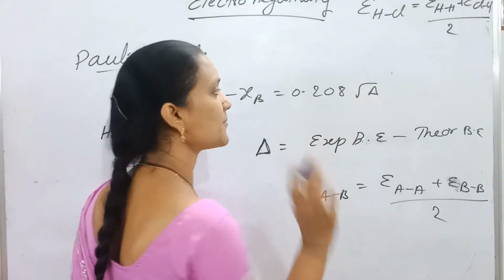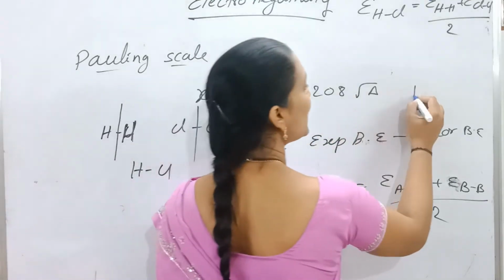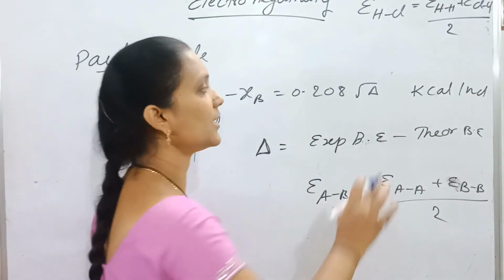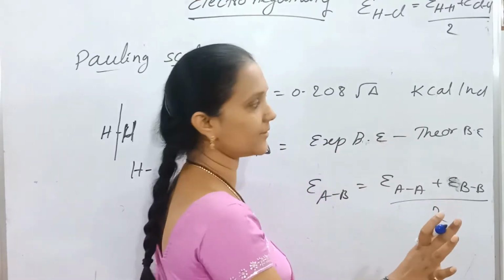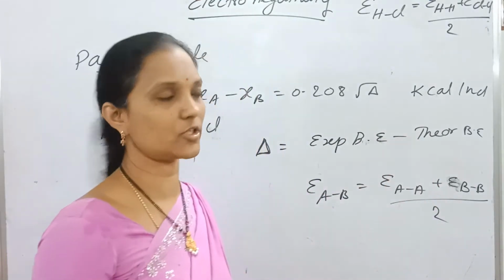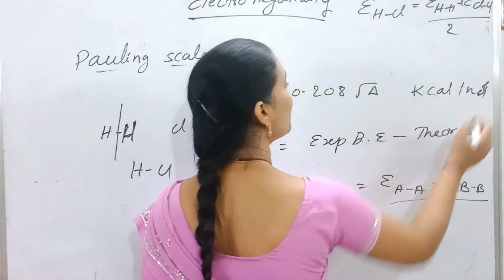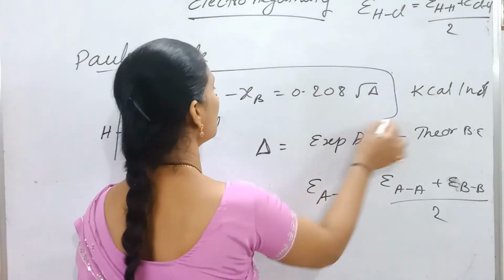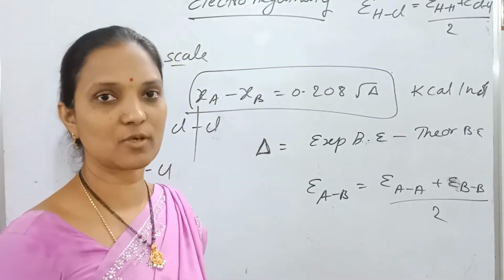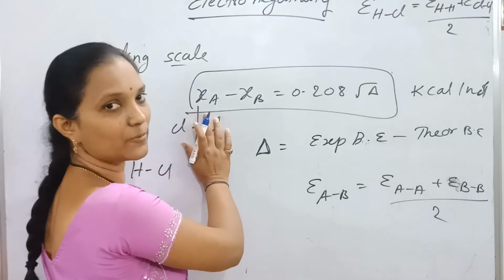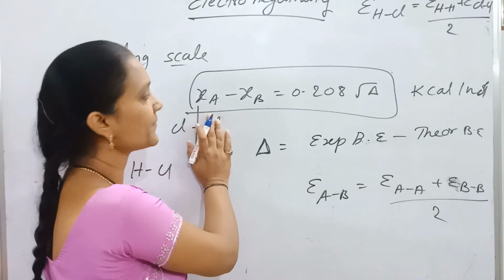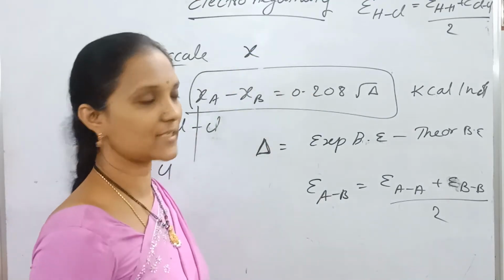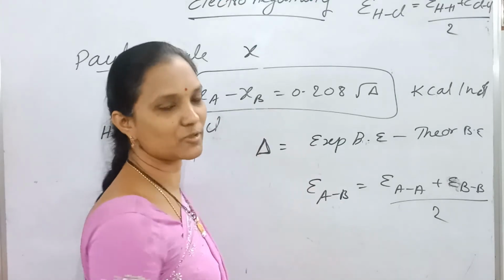This delta we have to substitute here. Delta has units of bond energy, which are energy units: kilocalories, kilojoules. If delta is given in kilocalorie per mole, then we have to use this formula: chi A minus chi B. We pronounce it like X, but it is actually the chi symbol, not X. So chi A minus chi B. Now I am just using XA.